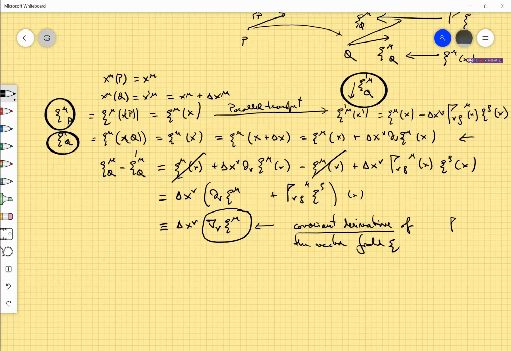So sometimes we need to mention it, and some other times it is understood that this covariant derivative is the covariant derivative with respect to the affine connection gamma. There could be some other connections. Okay, so gamma is implicit,